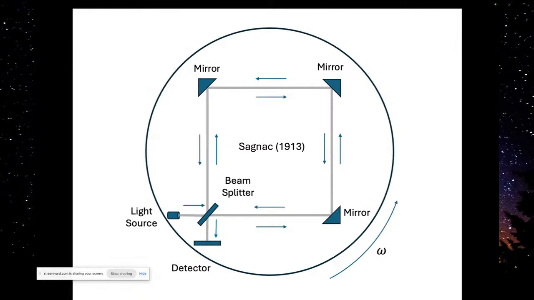Okay. Sagnac turned things upside down. He set up an experiment where we have a light source and a beam splitter. If we go through the beam splitter, we're going in the counterclockwise direction back to the beam splitter. But if we're reflected by the beam splitter, we're going in the clockwise direction back to the beam splitter. And what we have here are mirrors. And this was originally done in air. It's since been done in vacuum, and it's been done in refractive media, but